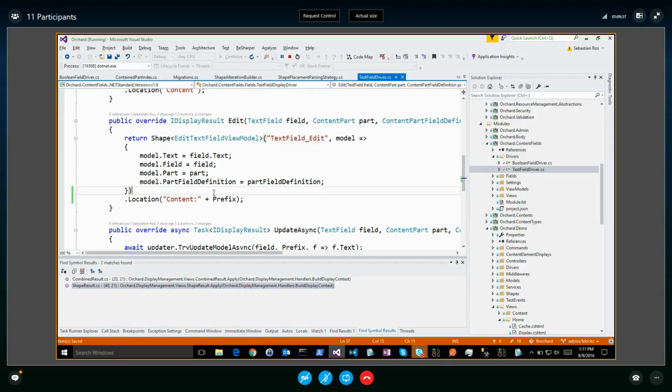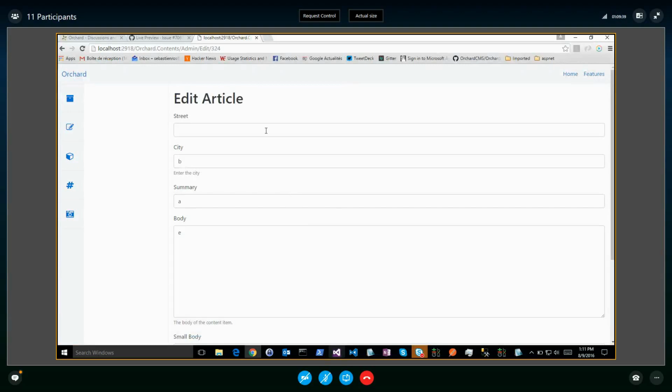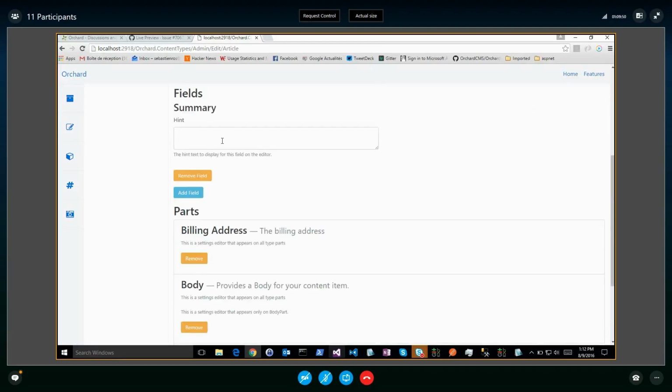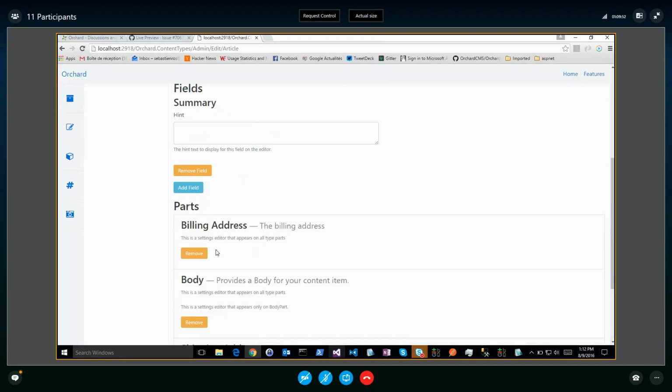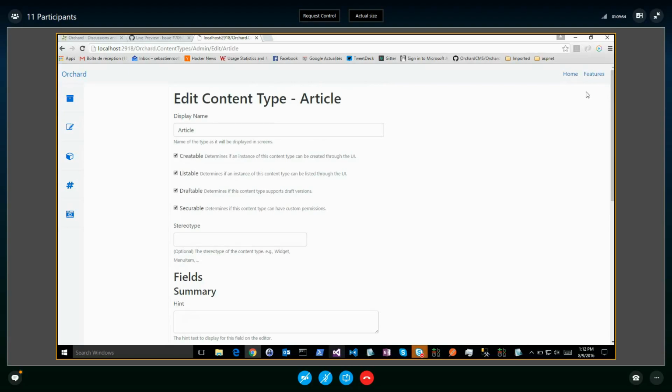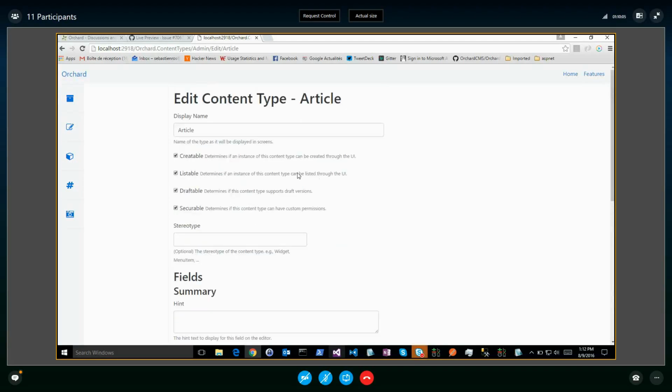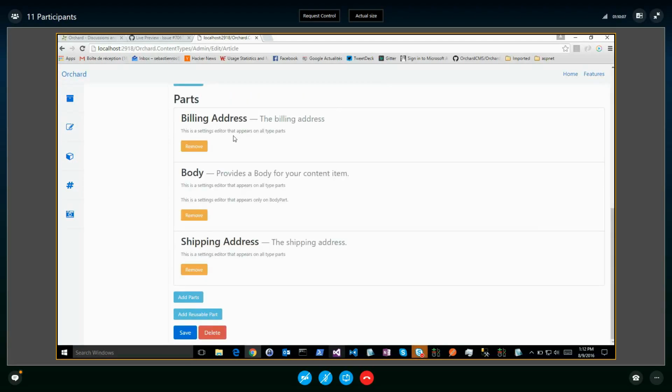Second issue, which is more, well, it's more a question. If we look at content types, okay, it's a nice list. We can edit content types. But the issue I have when we edit the content types is that we can't order the parts here. You remember in Orchard 1, there is a second button which is edit placement. And then we have a drag and drop experience of all the parts and the fields. Okay. I think we should change it to be the default UI so that